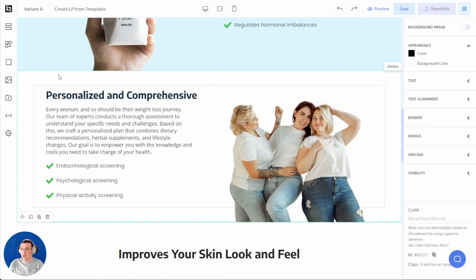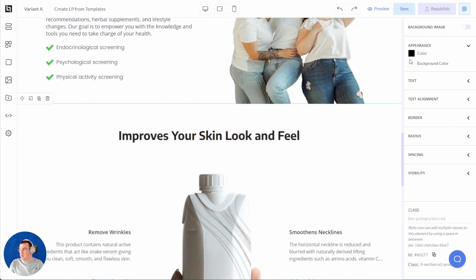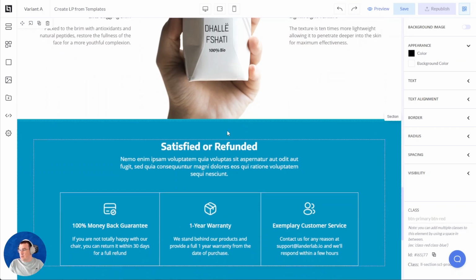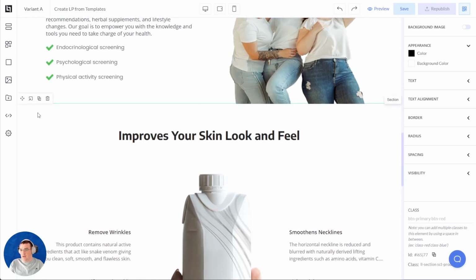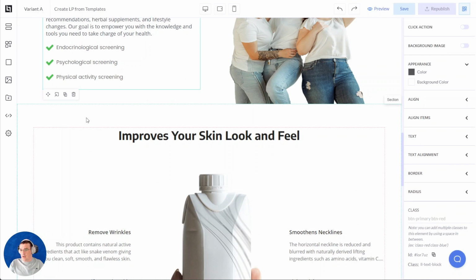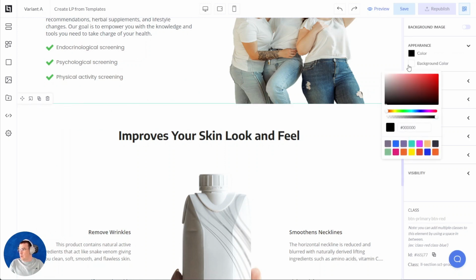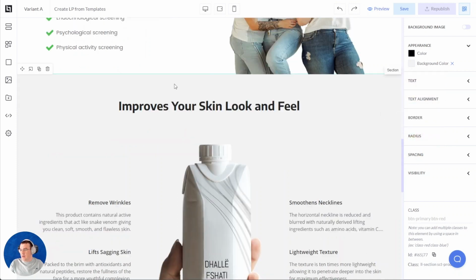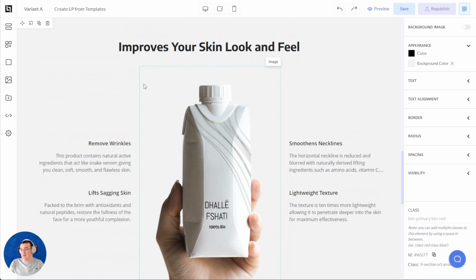So as you can see, we have two white sections here. Here I would like to change the section, and I would like to go with darker shade before going to the blue shade of the next section. So here I will hover over the main section and I will get the blue dash line on the sides. I will click on background, and I will add the code. Let's say I will use this darker shade of the gray color in order to have my section differentiated from